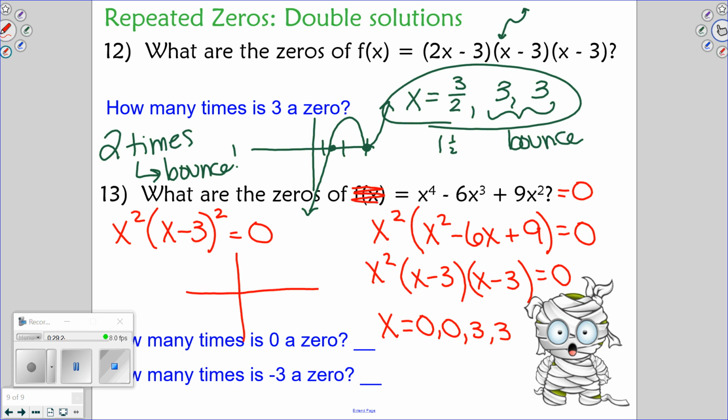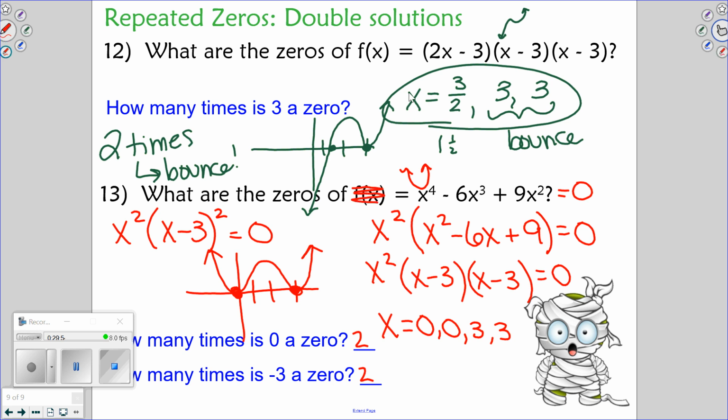So is it a squiggly? Go back to the original. It is even and positive, which means it's a smiley face one. So let's talk about the sketch of the graph. We know it's going to be smiley face, and we know it bounces off of both, right? Because how many times did it show up? Twice. So it means it bounces off of both. Come down, bounce off of this one, and come down and bounce off of